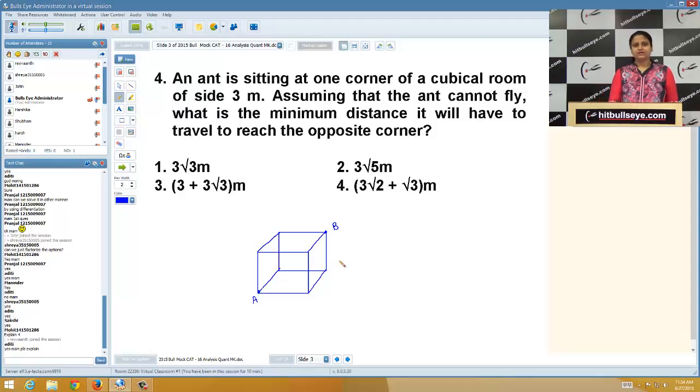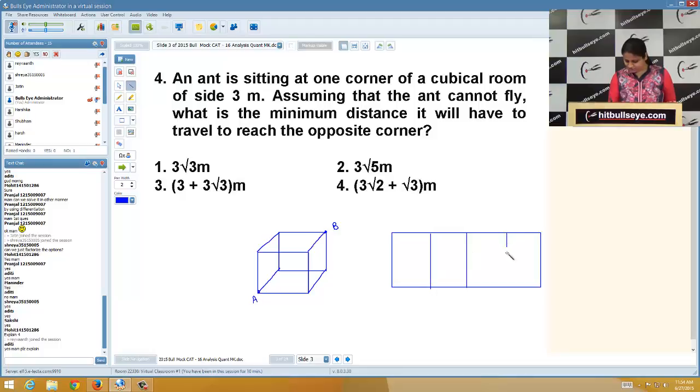Now can you say the minimum distance between any 2 points will be a straight line? So if we unfold this cube, it will be nothing but a rectangle. I mean these 4 faces are unfolded. A point will become this and B point will become this. Are you okay with this? That was the catch in the question. The path will be, in this case, and we know between any 2 points, if we want the minimum distance, it will be a straight line always. So if we unfold them, it will be nothing but,